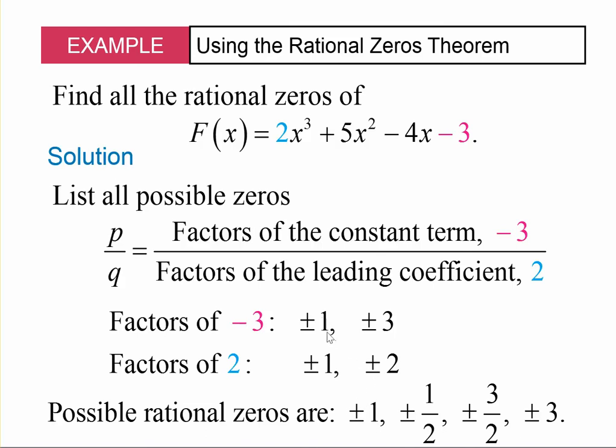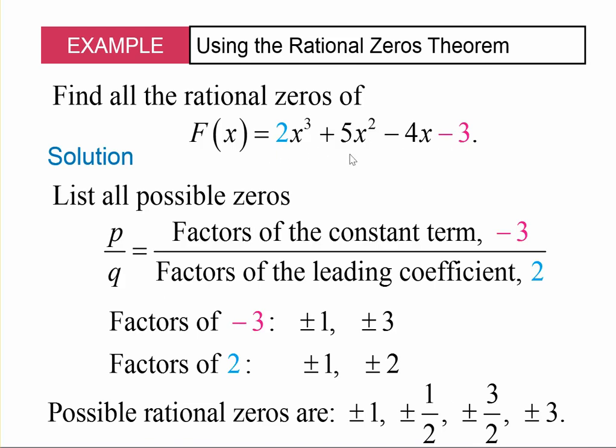1 divided by 2 gets you plus or minus 1/2. 3 divided by 2 gets you 3/2. And then again, also 3 being divided by 1. So all the different possible combinations for division. So here's what we're saying. This